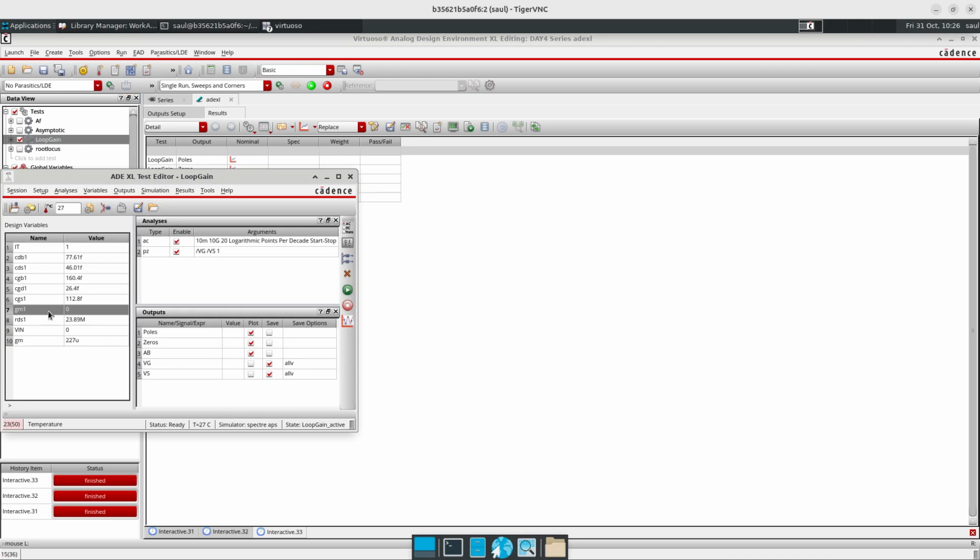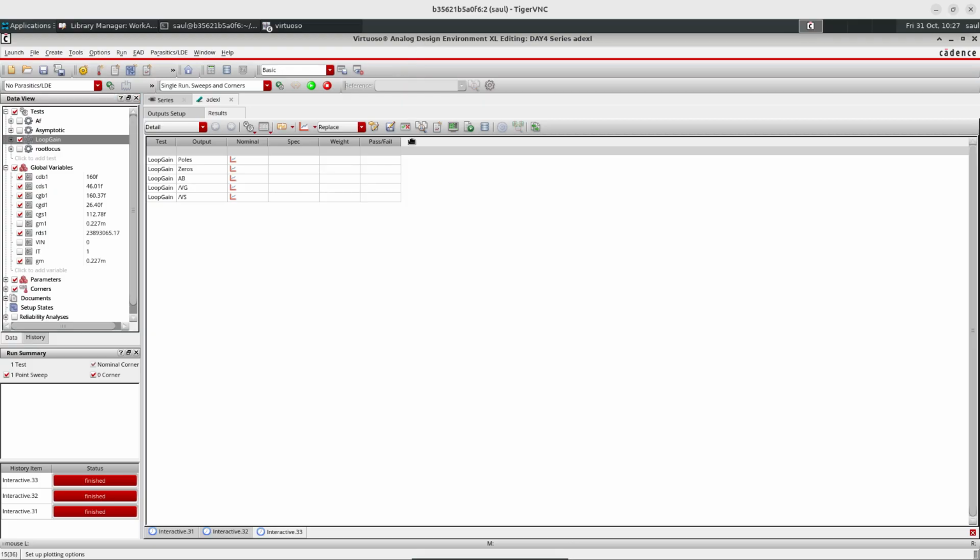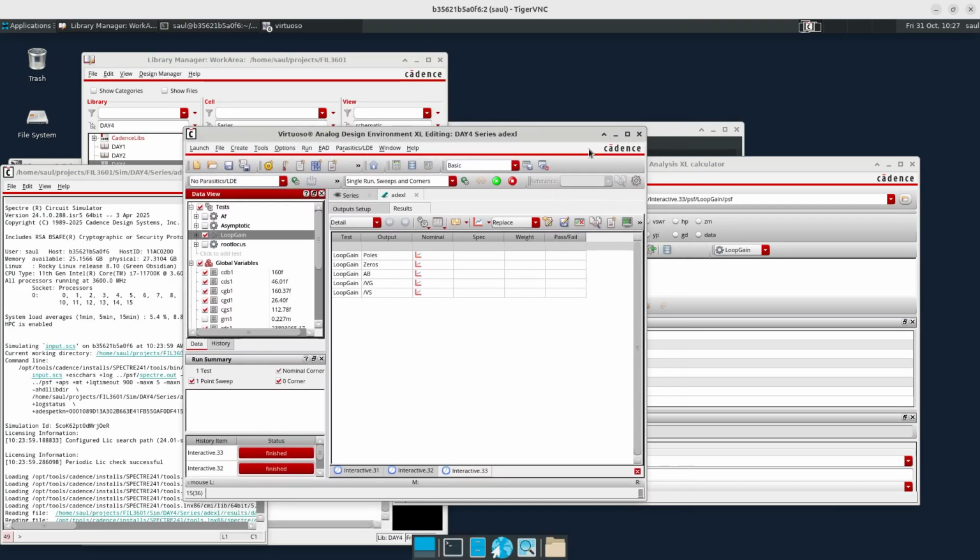So I cannot use this GM1 as a parameter in the calculator, because it's going to be 0. But if I create a copy, I will be able to use the copy that is called GM. You can do this also manually if you want, but I just created a variable copy that it is GM here. So if we come back to the calculator here,